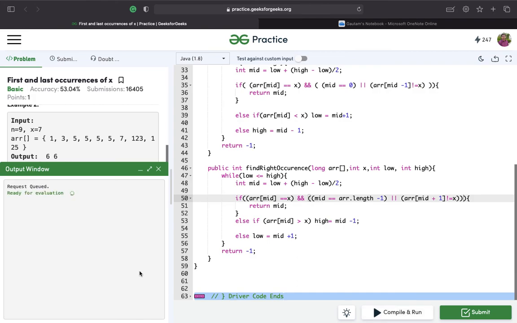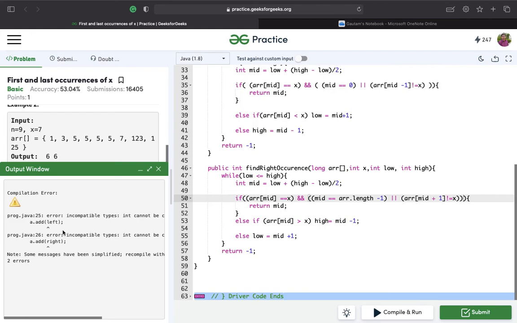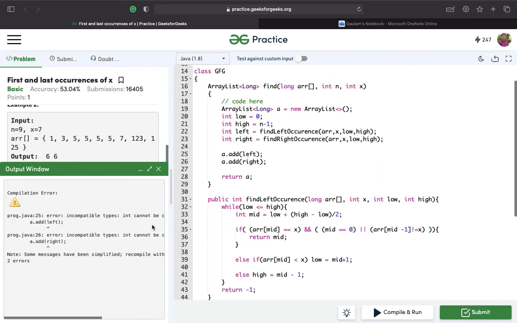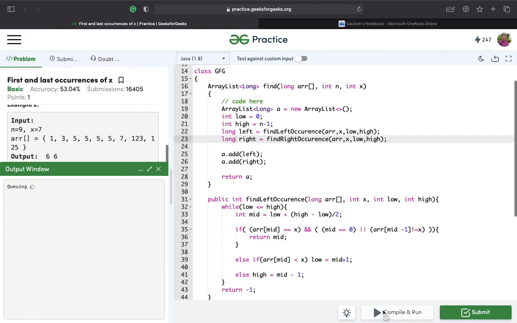Now let's compile the code. What is the problem? Oh, sorry, these variables will be of long type because the array list itself is of long type, so we'll need to do long left and long right. So the output of this code is 2 and 5, which is indeed correct.